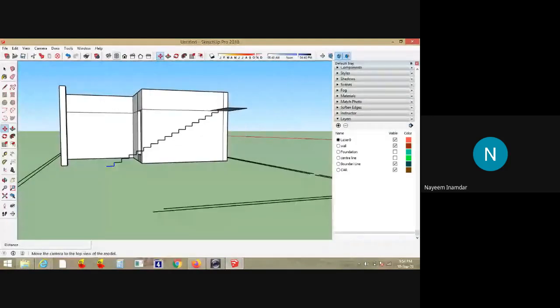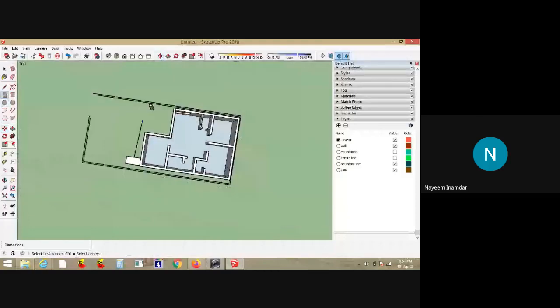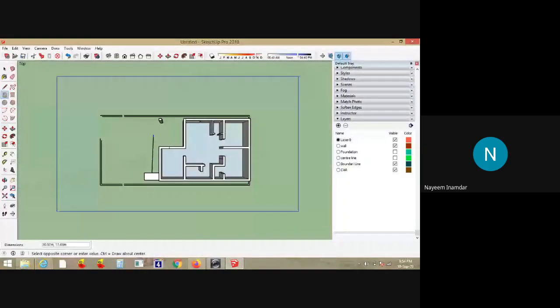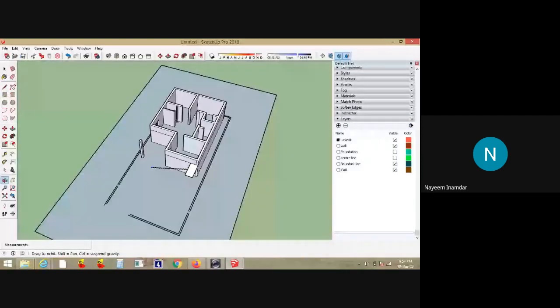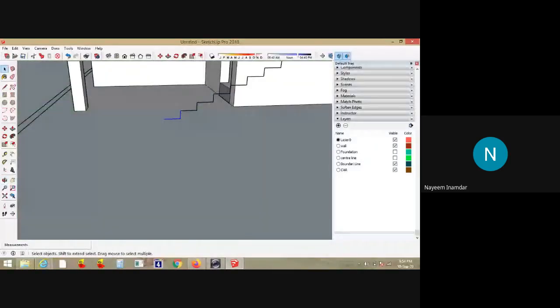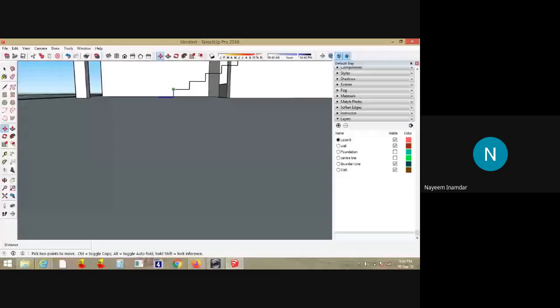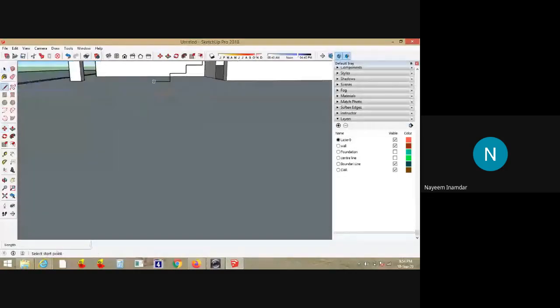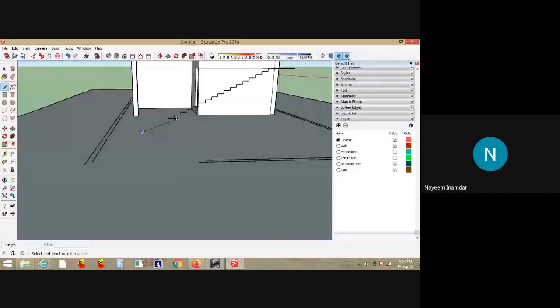This is how you can do it. Now I'll put one rectangle here. So still I have to copy these rise and tread. You'll know where the rise comes and where the tread comes. You just have the line on this ground. You just drag it here. You just put one line.